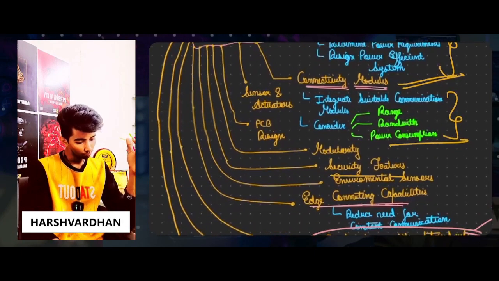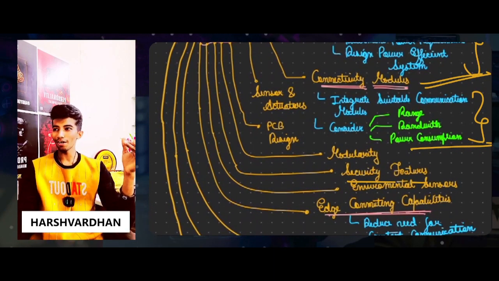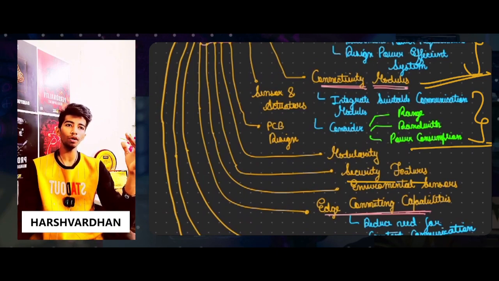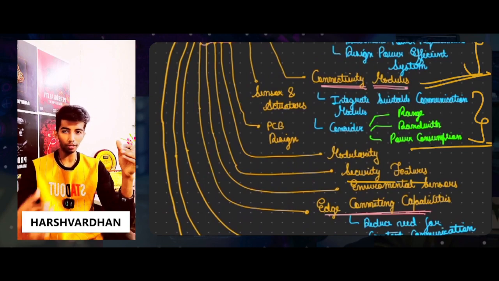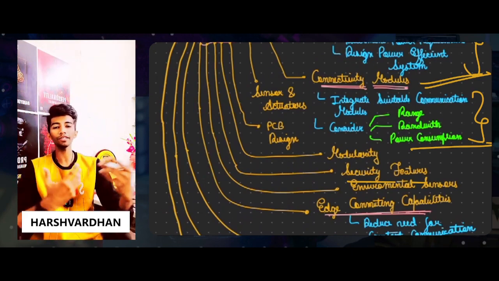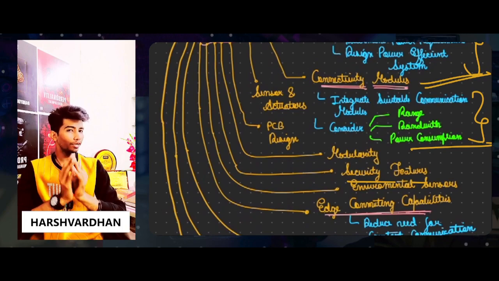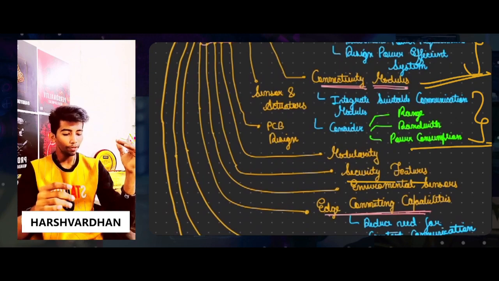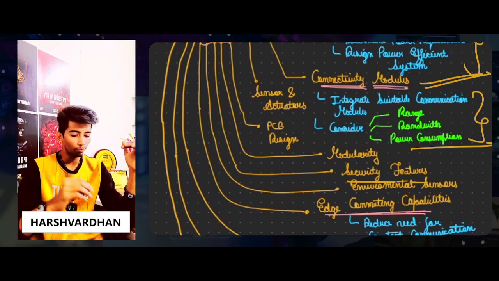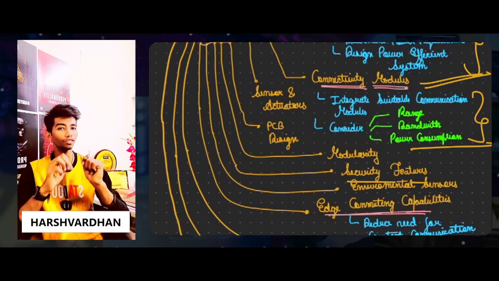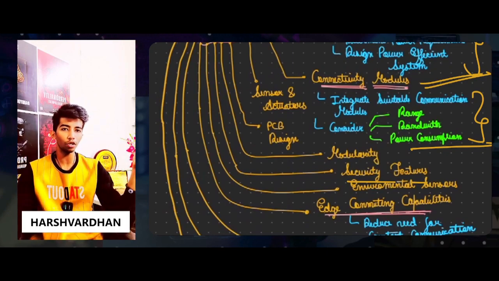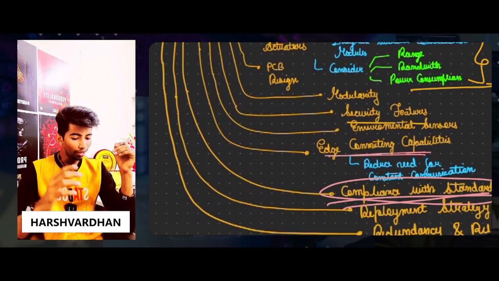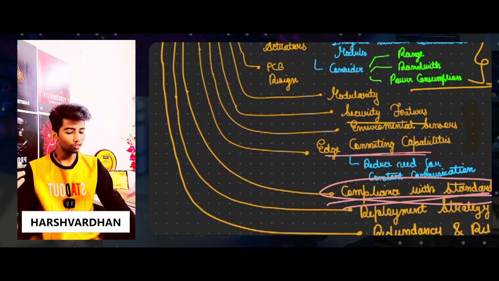Okay, talking about the connectivity modules, because now you have an efficient power supply, you are done with durability and enclosure, you are done with all kinds of stuff related to the sensor design, shape and size. Now the thing which comes here is the connectivity modules. You will require a proper module of connection so that you can connect all kinds of devices. For that, you will require an integrated, suitable communication module which will consider things like range, bandwidth, power consumption and all. Sensors and actuators are definitely a part of it. PCB design will be there, modularity, security features, environmental sensor, and this thing will go on.